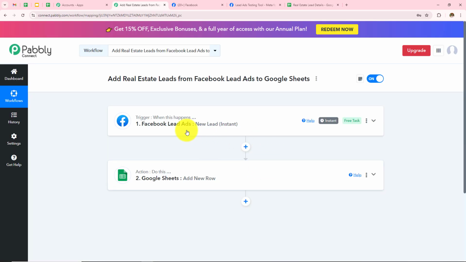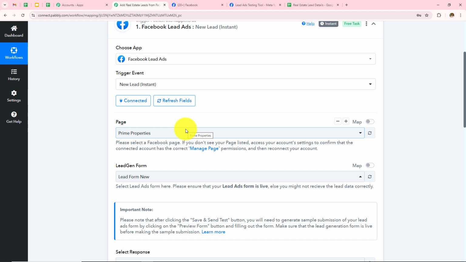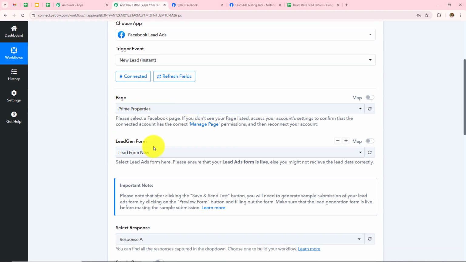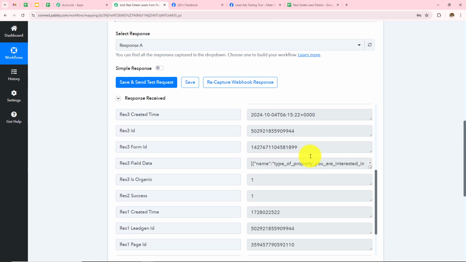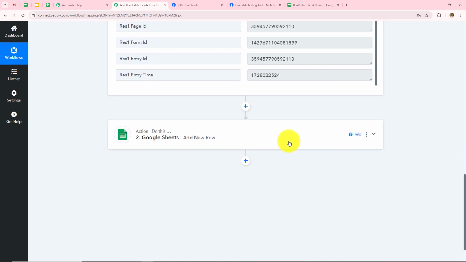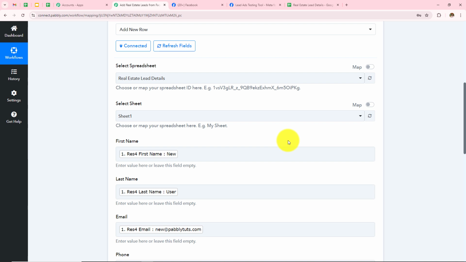So to summarize, we took Facebook lead ads as a trigger application where we made connection with Pabbly Connect, entered the page and the lead gen form with the help of which we are going to run the advertisement, submitted a form and received the response in my Pabbly Connect, and moved to my next step where I selected Google Sheets as my action application because I wanted to add all the responses that I have received from my Facebook lead ads to Google Sheets.